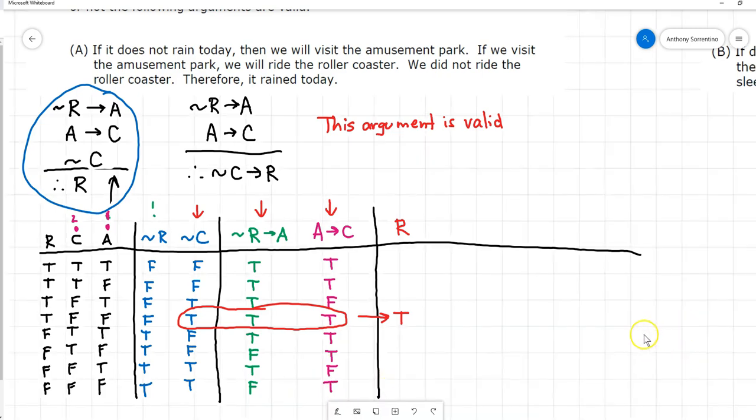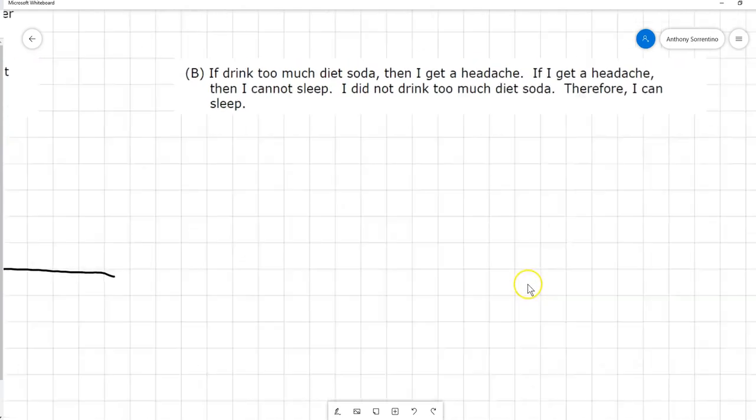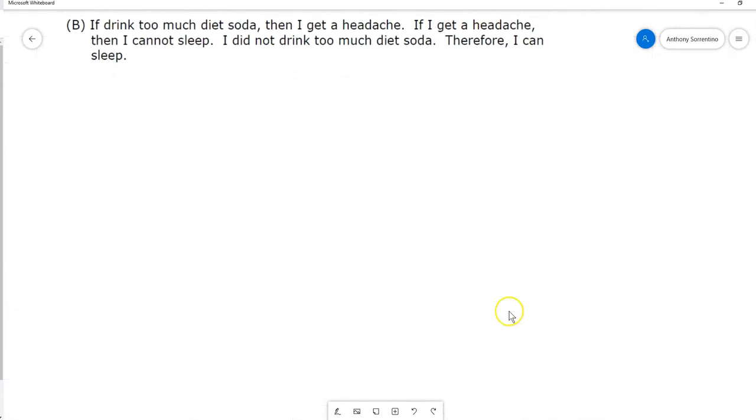For the next one, B, if I drink too much diet soda, I get a headache. If I get a headache, then I cannot sleep. I did not drink too much diet soda, therefore I can sleep. So,